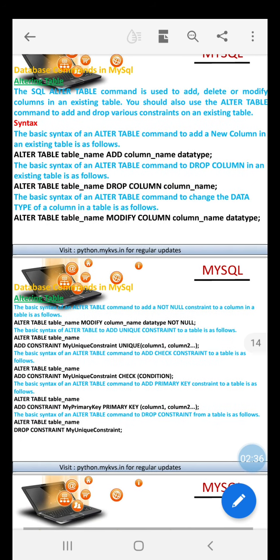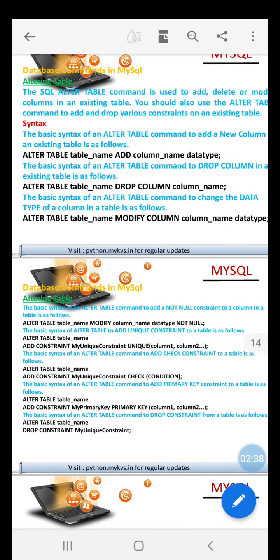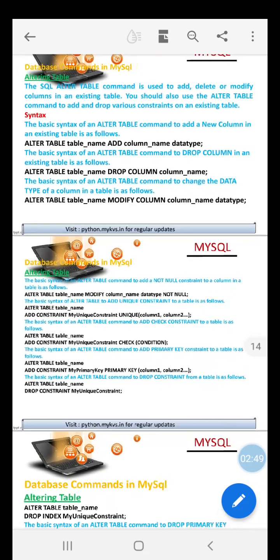If we want to change the column of a table, we must use alter table, table name, modify column, column name and data type. For this, we must use a predefined name of a column.